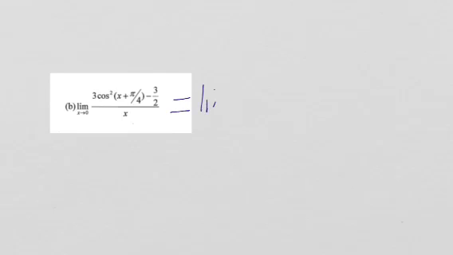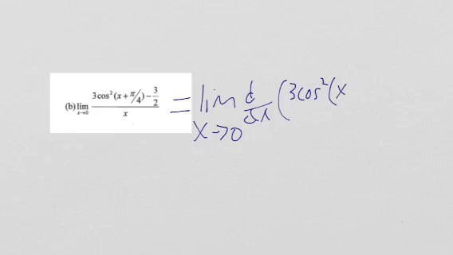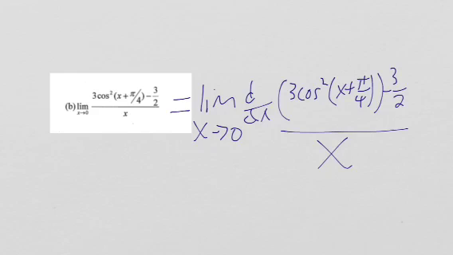It's going to be equal to the limit as x approaches 0 of d/dx, the derivative of 3 cosine squared of x plus pi over 4, minus 3 halves, and that's all over x. Because what happens is, if we plug in 0 for this limit, we get 0 plus pi over 4, we get cosine of pi over 4, and cosine of pi over 4 is root 2 over 2, and then